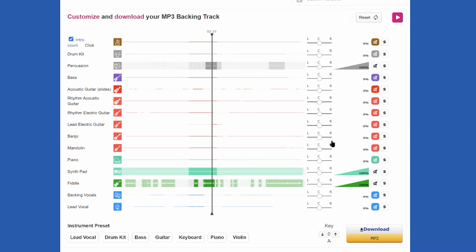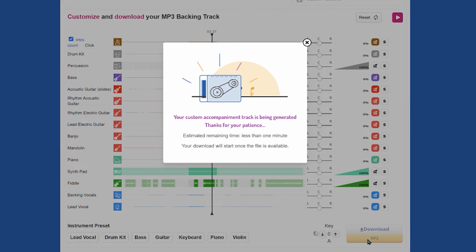Right, so just the fiddle, a little bit of a background synth, and some claps. And that's all we need. So I go ahead, I click, and I download that. And so now we have two tracks downloaded, a click track and our cumulative three tracks in one, which is going to be effectively the backing track that we're going to use.